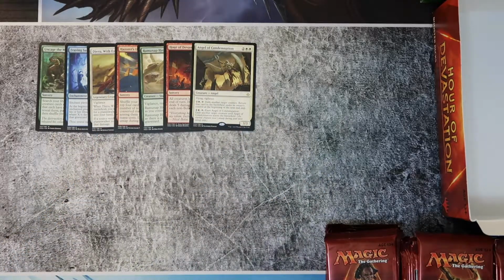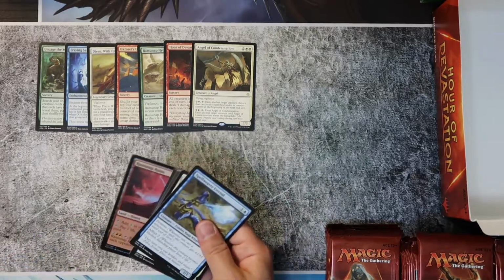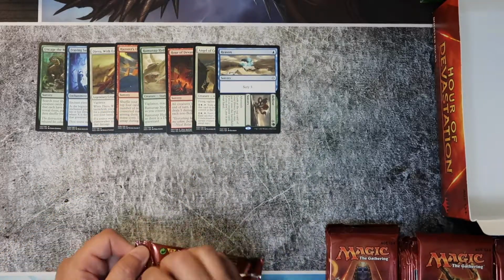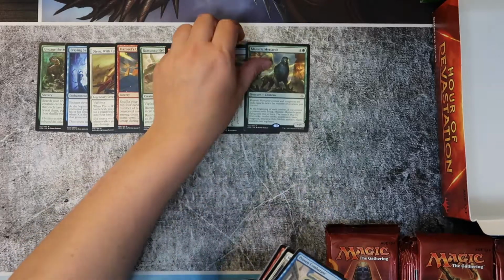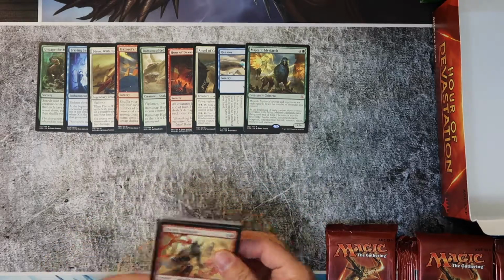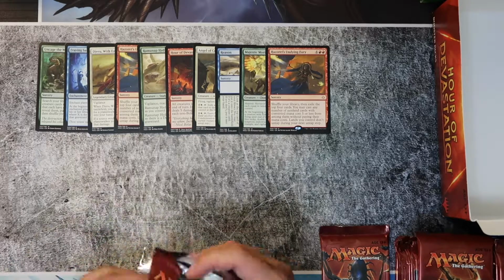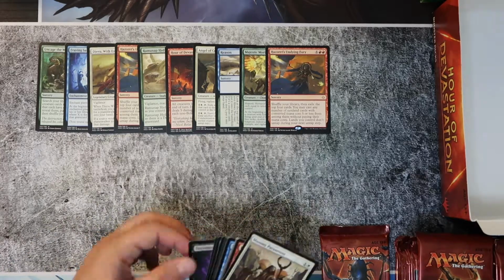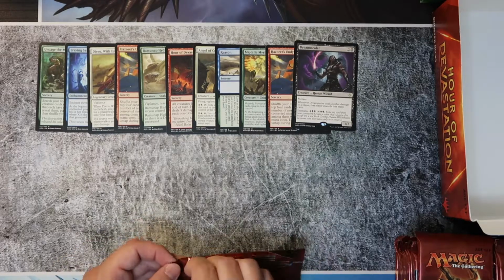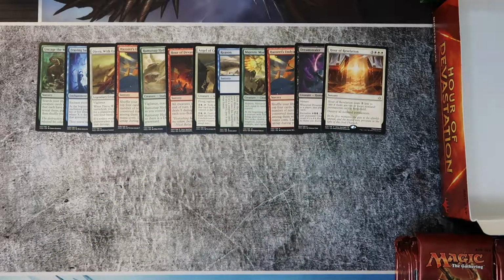Then we have an Angel of Condemnation, and a Reason to Believe. Next we have our second mythic, Majestic Myriarch. And then we have another Hazoret's Undying Fury, and then a Dream Stealer. Then we have an Hour of Revelation,